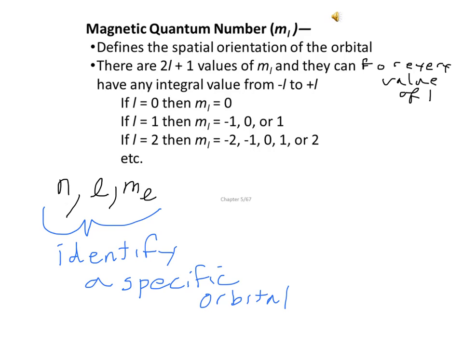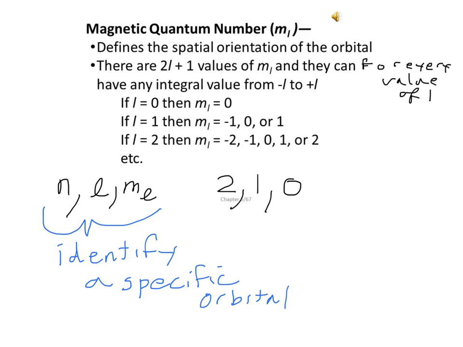For example, if I told you you had the quantum numbers 2, 1, 0,